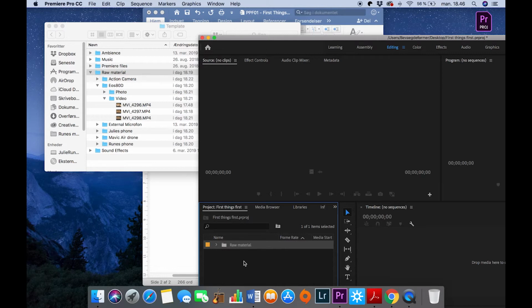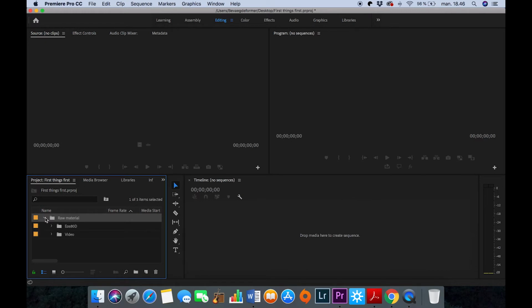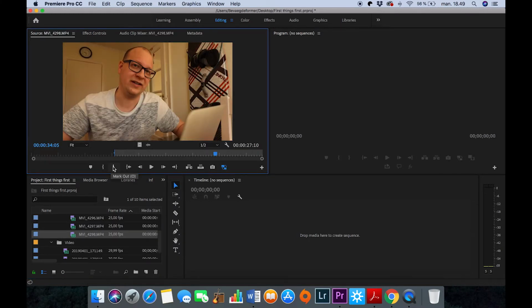So now it has imported all of my raw material. If I just maximize the window here, now we can see that it has imported my EOS 80D and my action cam folders, because those folders had content in them. So now I'm actually quite far.